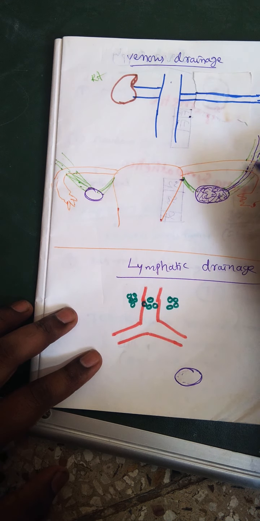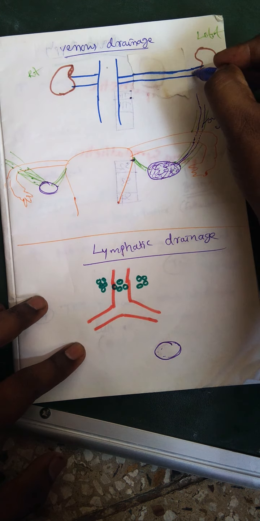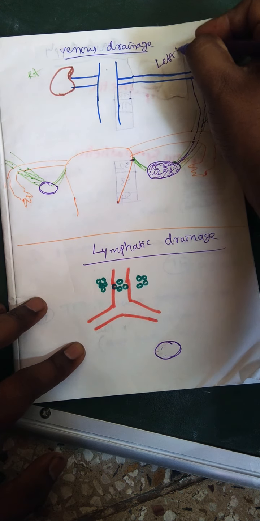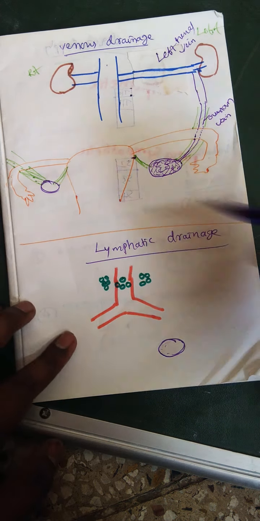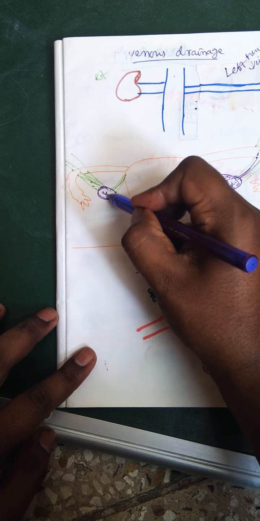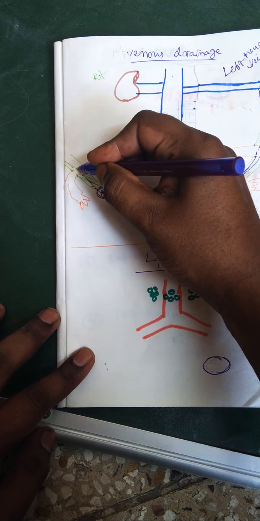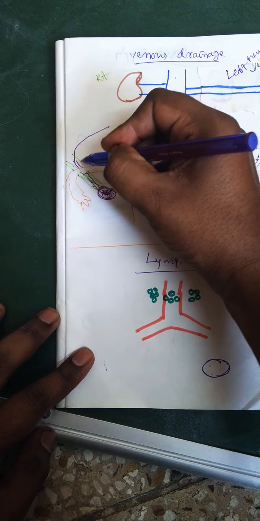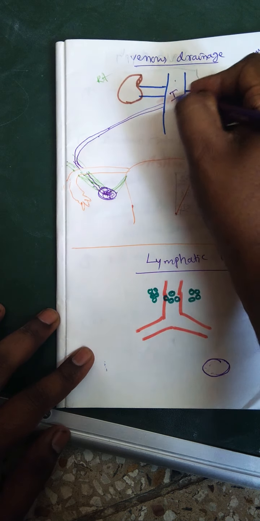So the ovarian vein on the left side arises from the plexus over here, and then this ovarian vein ascends straight up and opens into the left renal vein. And on the right side, similarly, they form the pampiniform plexus, and this plexus forms a single vein which runs behind the fallopian tube within the suspensory ligament, and this vein is called the right ovarian vein, which drains directly into the inferior vena cava.